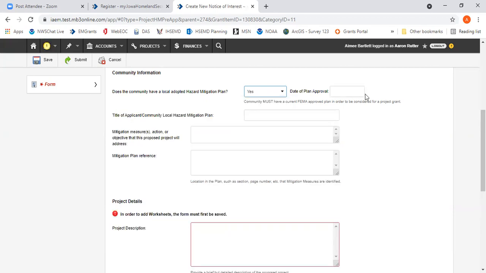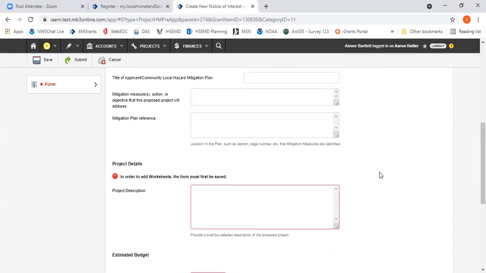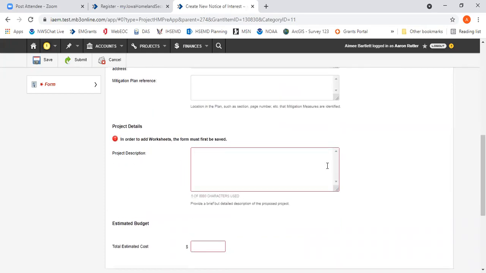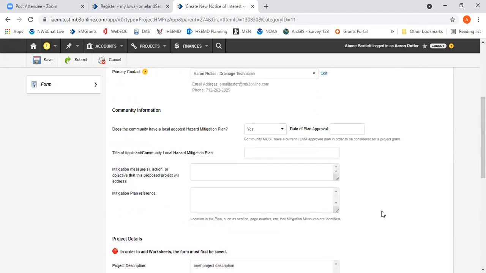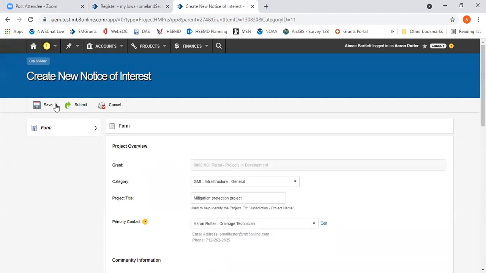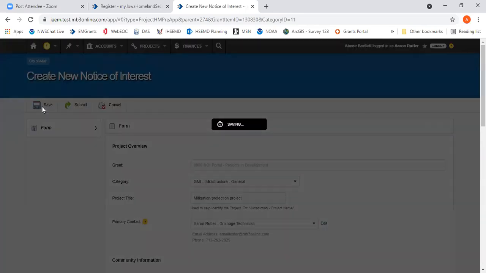By selecting yes, you'll be asked to provide the date the plan was approved, the title of the plan, the mitigation measure or action within the plan that you're working towards, and the plan reference for that mitigation measure and action. You also want to provide a brief project description and the estimated dollar amount. Again, this is just a very generalized form that we can use to do a preliminary assessment of the project request. Once you click Save,